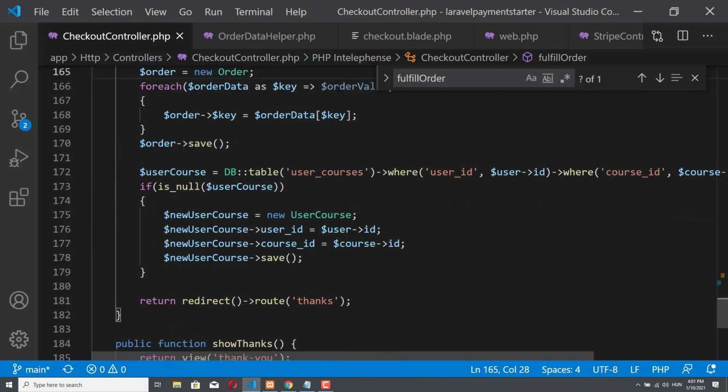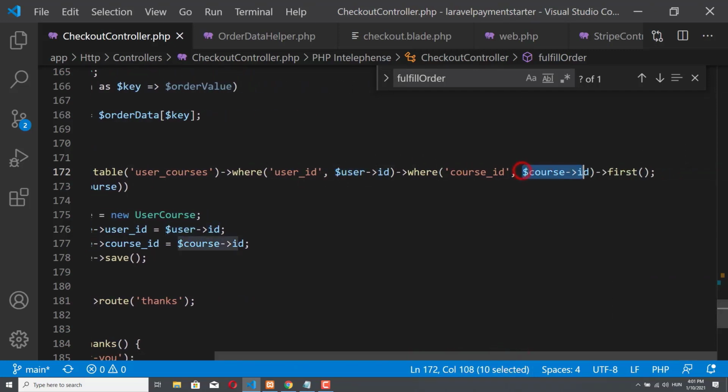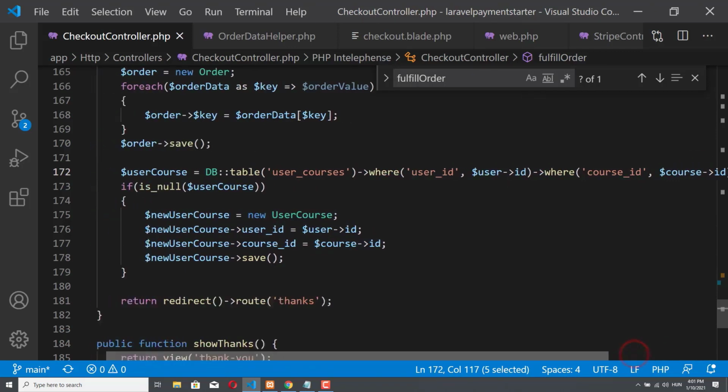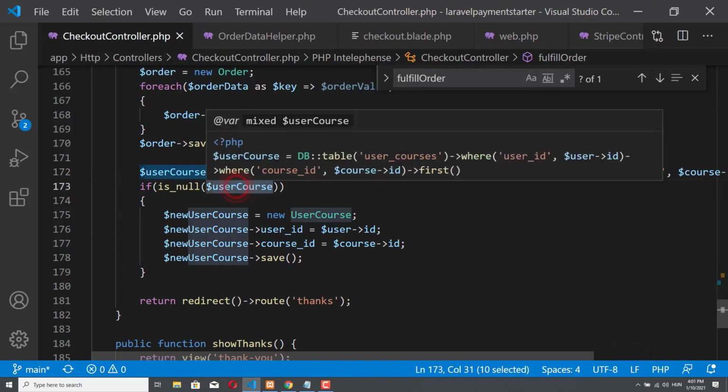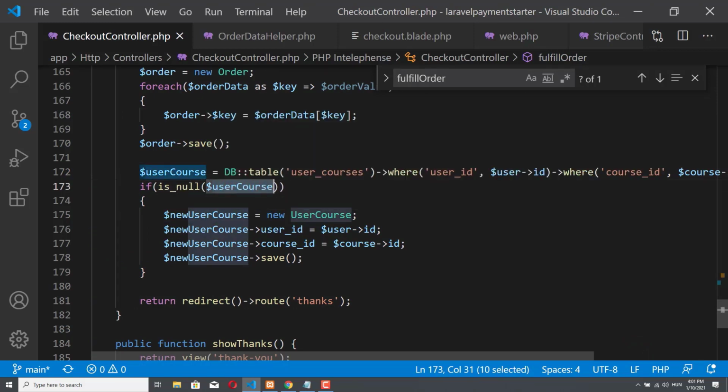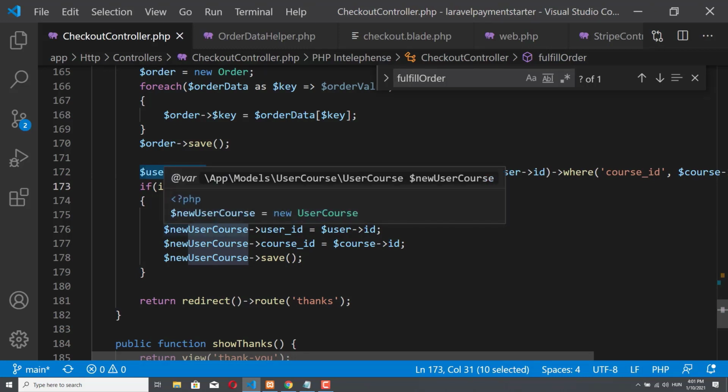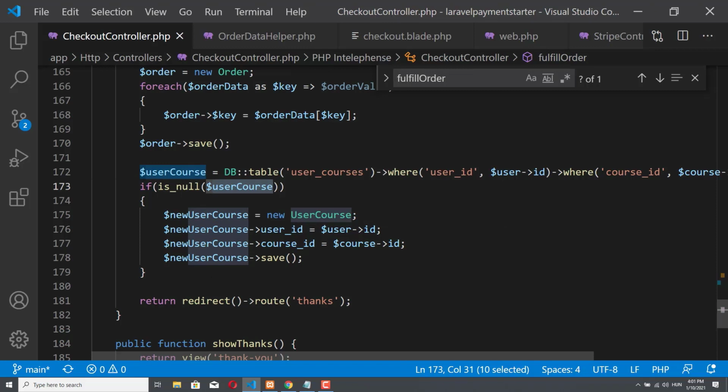Anyway, our order is saved, so the order data is saved, and there is one more thing we want to do. Of course, we want to associate the user with the course. So we go to the user courses table and we search for the user ID, and then we search for the course ID and get the first row. Now the thing is that there should be nothing here, so this user course should be null, because if a user already has access to the course, then in the checkout controller we are checking if that's the case, and if that is the case, then we don't let the user go to the checkout and buy the course. But